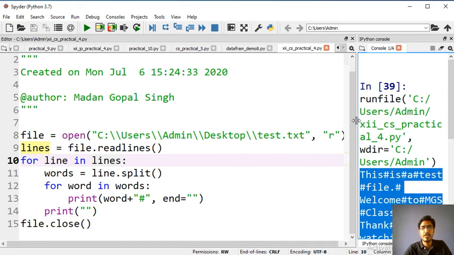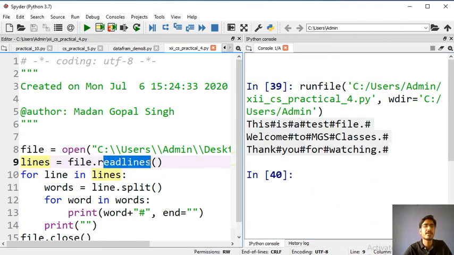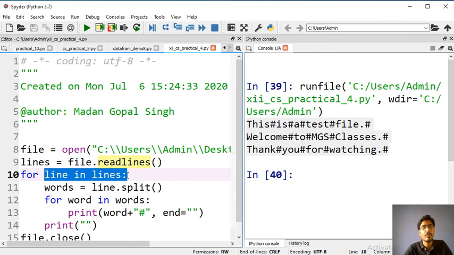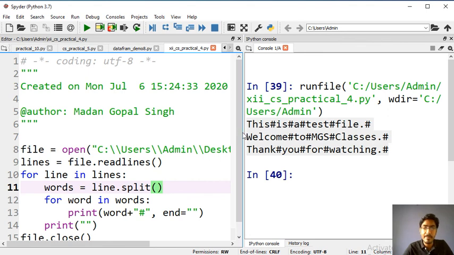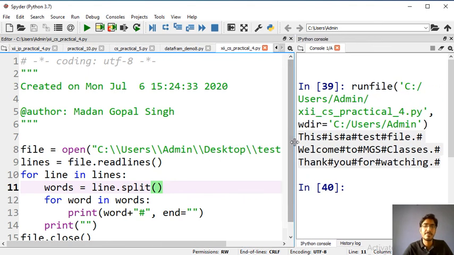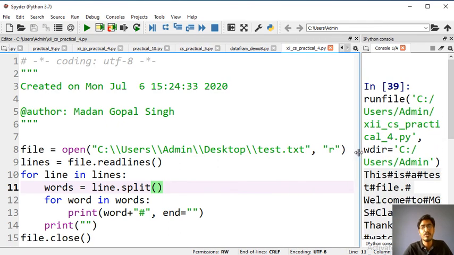I have additionally told you about the reading modes, how to open the file, how to print the whole content of the file, and how to read the lines line by line using the readline function. All those things I explained. I explained the for loop to iterate the words, and how to split the strings. All those things are very important for your programming. Keep those in mind. Practice this practical on your computer, otherwise you will not get the gist of what you want.